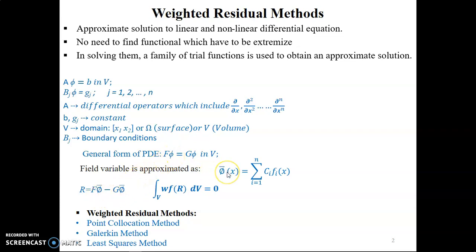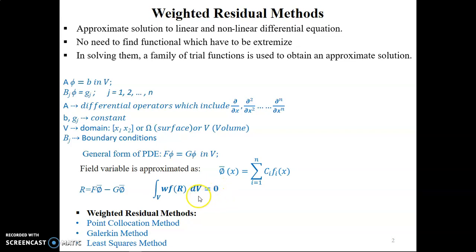As this solution is approximated, by putting f of phi equal to g of phi with this phi bar, the left hand side and the right hand side will not be equal. So we will get an r value when we subtract the g function from f. This r is known as the residue. So we will assume a function of r and multiply it with certain weights, and then integrate this equation over the entire problem domain, and then we will equate it to 0.